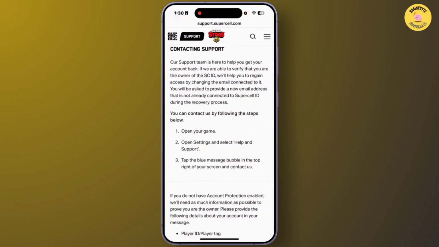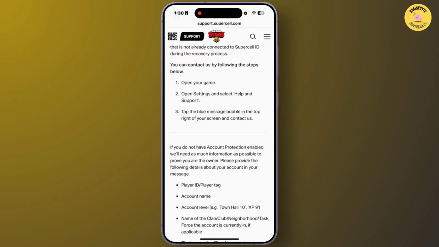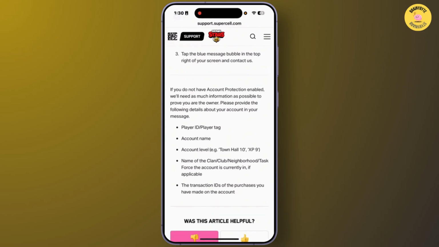and after you open the game, you just have to open the settings, and from the settings you have to select help and support. After you select help and support, you will get a blue message bubble at the top right corner of the screen. So simply go to the option Contact Us, and from the Contact Us section you just have to